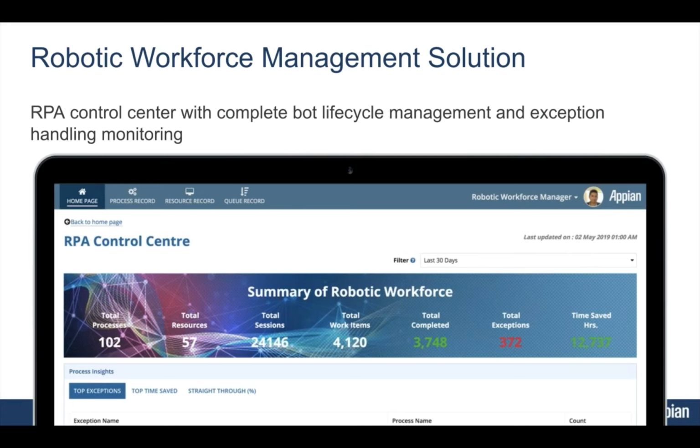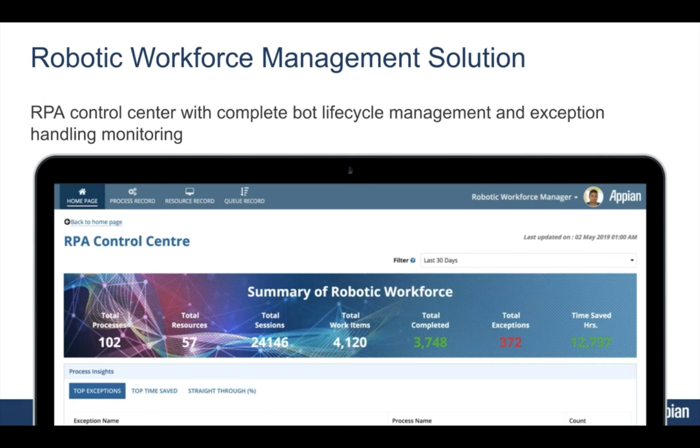It is an ideal solution for getting greater control of your robots, understanding the deployment lifecycle of those robots, managing a process for the deployment lifecycle, having a control center to do detailed scheduling and control of those robots, and measuring the effectiveness and value those robots are generating, as well as human-in-the-loop exception processing. So when the robot fails, easily kick that into a human interaction to handle that exception and keep those processes